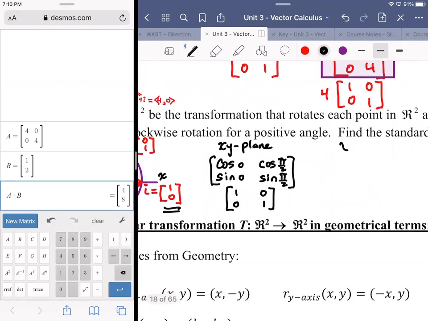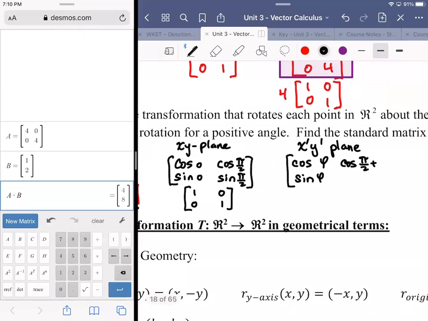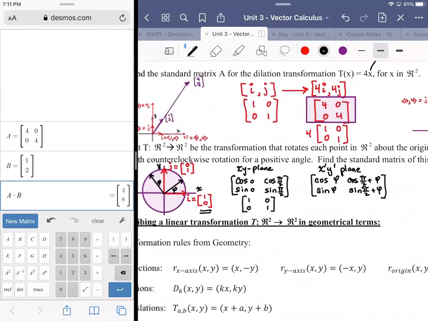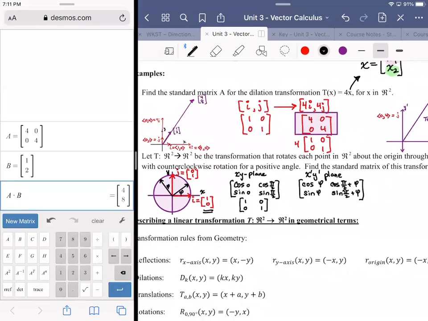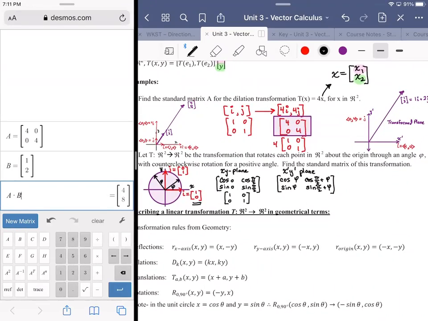So in my x prime, y prime plane, my transformed plane, we're going to have cosine of 0 plus phi, sine of 0 plus phi, cosine of pi over 2 plus phi, sine of pi over 2 plus phi. And depending on what phi is, we'll get our rotation. A counterclockwise rotation gives a positive angle, so we're good there. It didn't say anything about additional restrictions, like it had to be acute or anything like that, so we're in